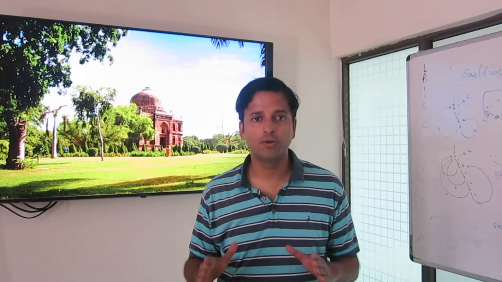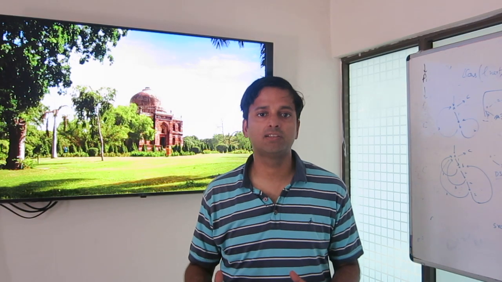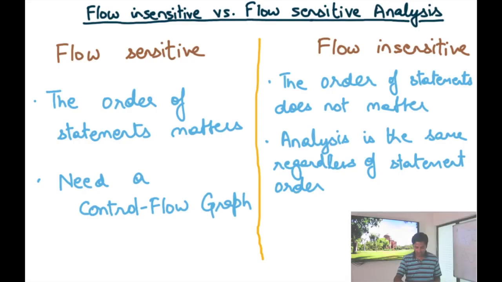I'm going to now introduce categorization of data flow analysis, and the categorization is flow sensitive and flow insensitive analysis. In a flow sensitive analysis, the order of statements matters, and thus you need a control flow graph. And pretty much all the examples that we have discussed so far, most of them at least, were flow sensitive